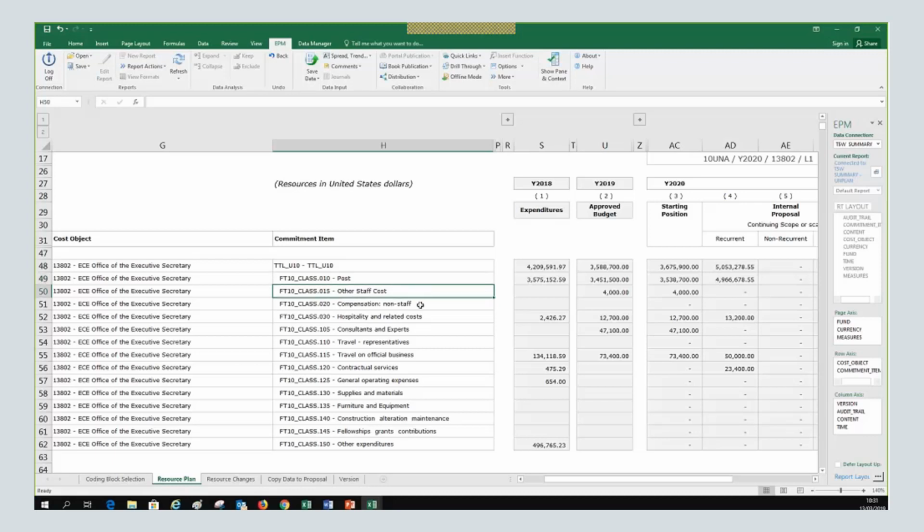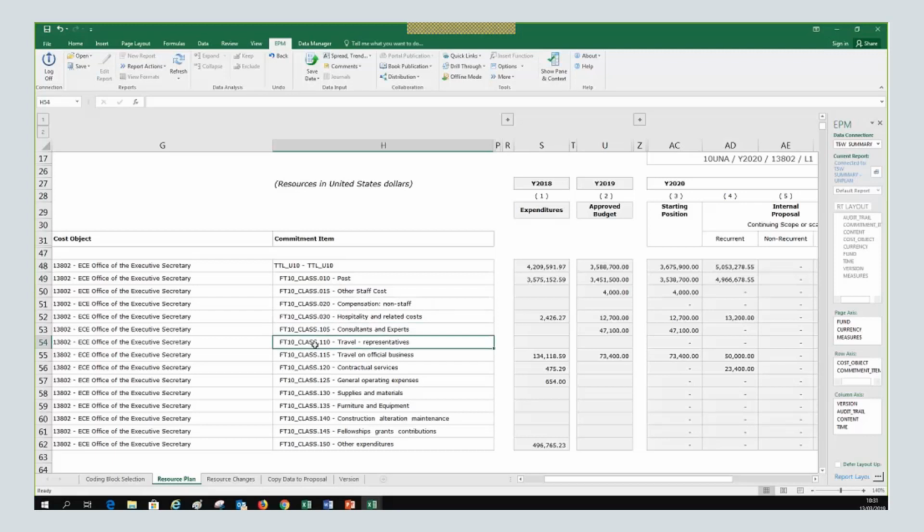We have other staff costs. We have compensation non-staff. We have class 30, which is hospitality and related costs. We have class 105, very important for you because I'm sure that we want to budget for this. Consultants and experts, budget class 105.